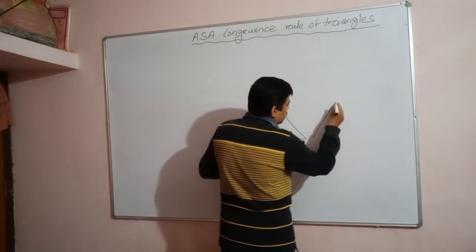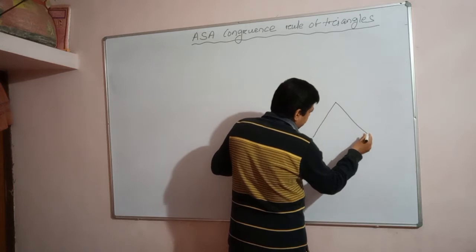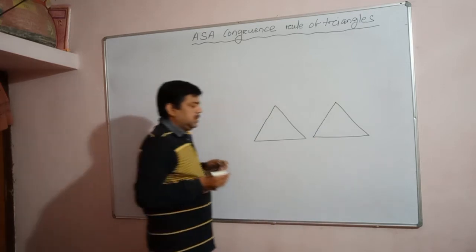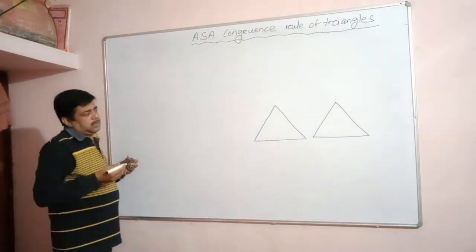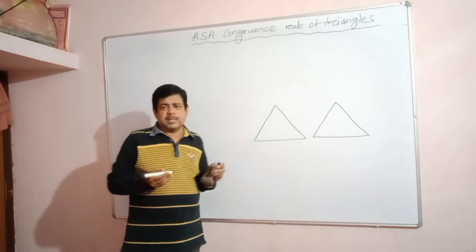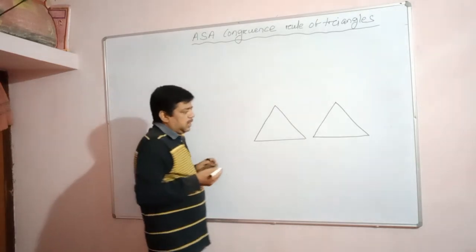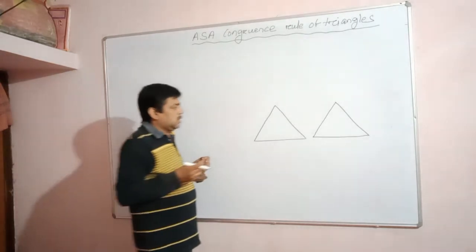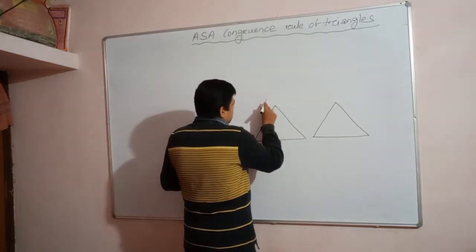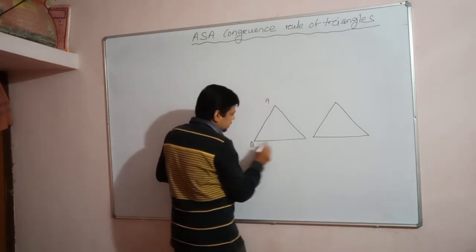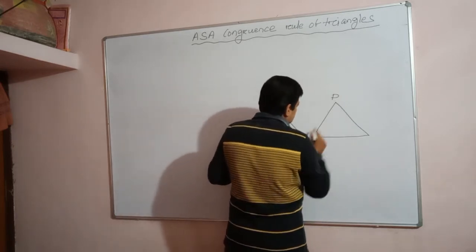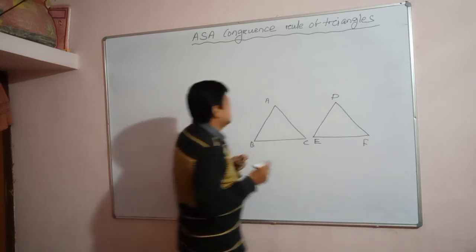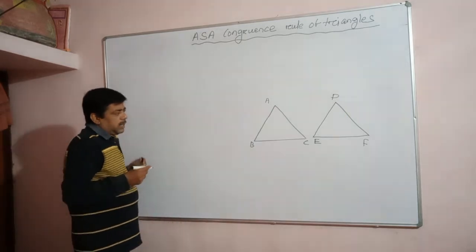We have to prove the two triangles are congruent. So we have to prove two triangles are congruent means the triangle should be according to the asking part. What is the asking part of the statement? What to prove? We have to prove the triangles are congruent. So we have to draw the diagram in such a manner that they should look like congruent triangles. Okay. Let us give the names of the triangles A, B, C and D, E, F. Okay. And it is saying here are two triangles.